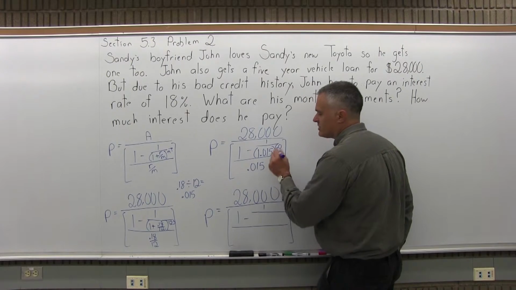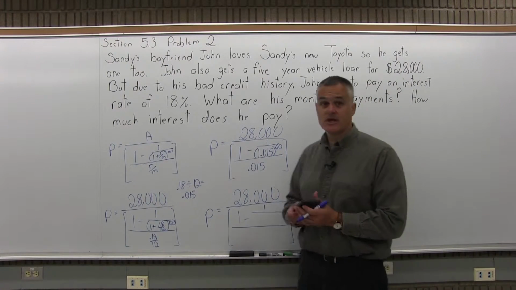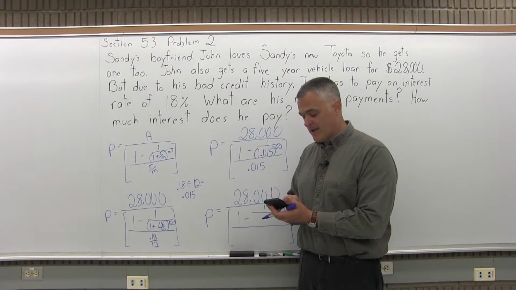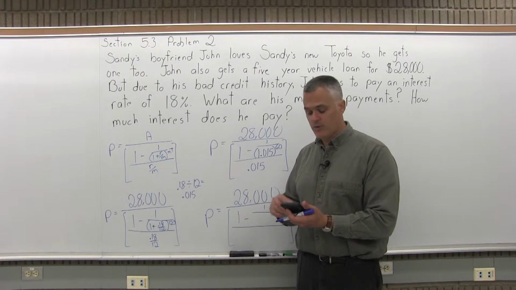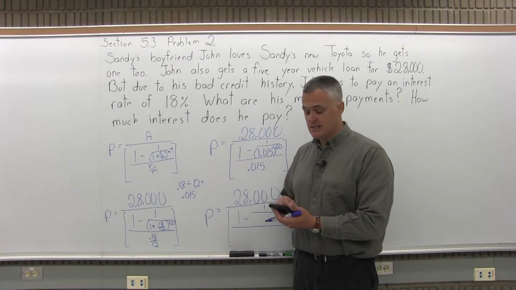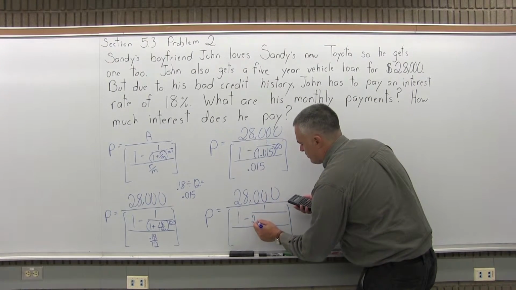But now the fraction is going to have a little simpler denominator. It's going to be a big decimal. It's going to come from 1.015 to the 60th power, so that I definitely need a calculator for. I put in the 1.015, hit the exponent button, enter the exponent of 60, and the answer I get is 2.4